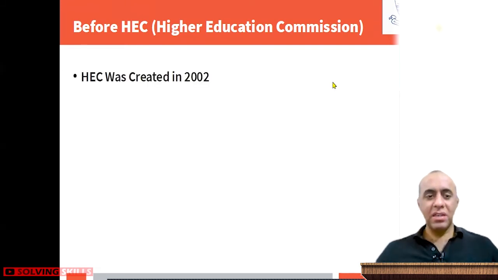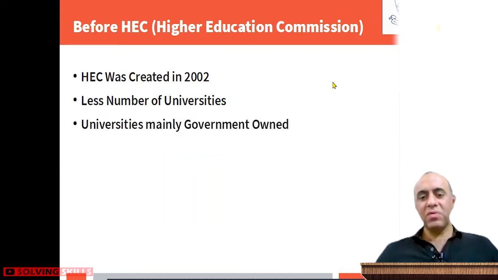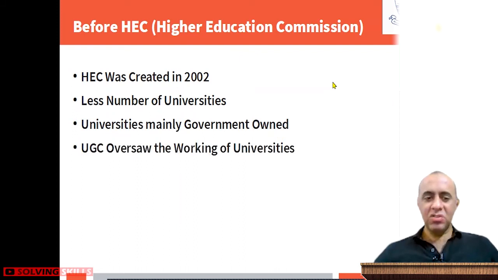So I'm going to click, and the first information appears. This is the information that I want to give the audience after I have disclosed the title. When I have told them that, maybe I want to add a couple of more things about what else happened in 2002, like some political change or whatever, then I'm going to click again, and now it shows another information: that before HEC the number of universities was much less as compared to after 2002. So after 2002 there were more universities. Universities were mainly government owned, and at that time HEC was called UGC, University Grants Commission, and it only oversaw the working of universities.